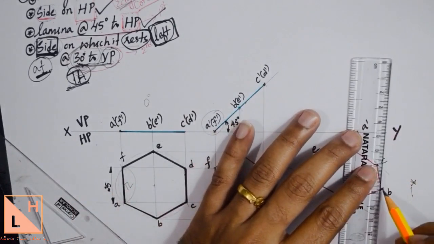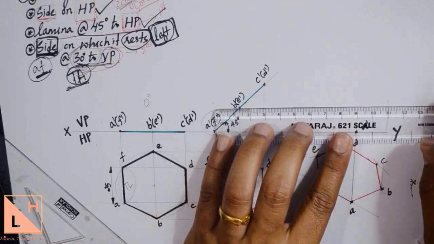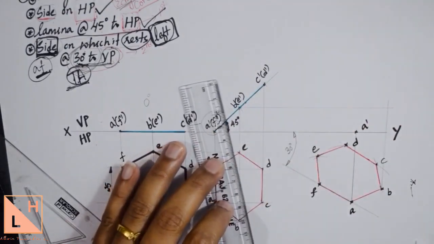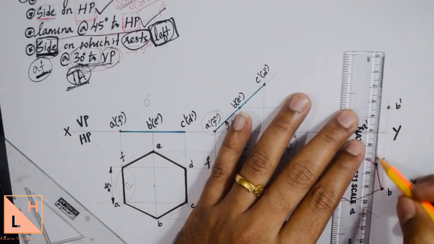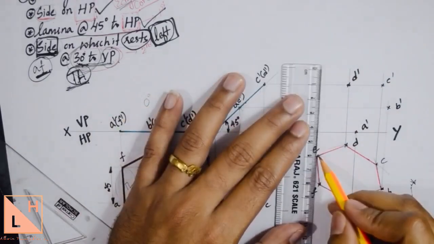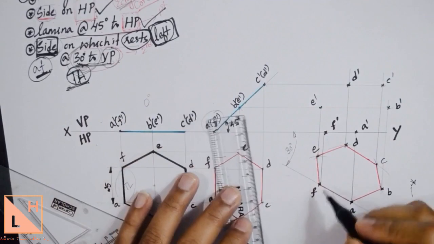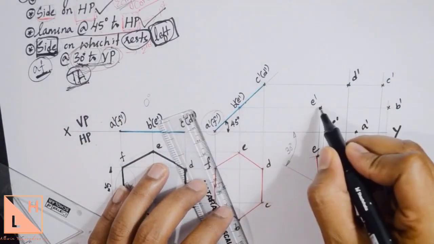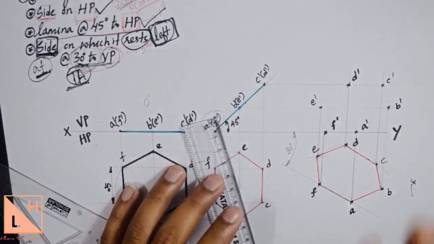Do that with all the corners. So if I draw a horizontal line from B dash, this intersection will be the new point B dash. Make sure that you name the points then and there itself. If I'm drawing a line from E and E dash, you just mark a dot and name it as E dash immediately, so that you can avoid the confusions.